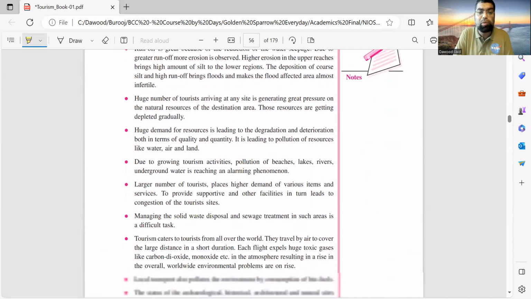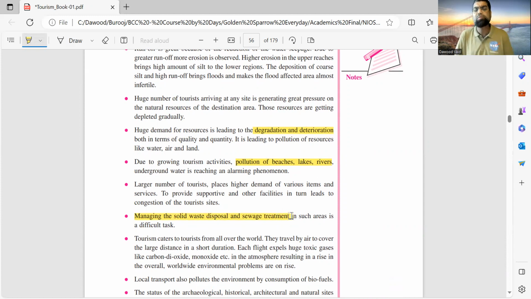What is the problem? More people come in, there is more disposal. So there is a huge problem of tourism coming in, and tourists want more, a higher demand. So there is pollution of beaches, rivers, lakes, and high demand leads to deterioration of green cover. And then there is solid waste disposal. If there is no good sewage plant system, the city will start stinking.